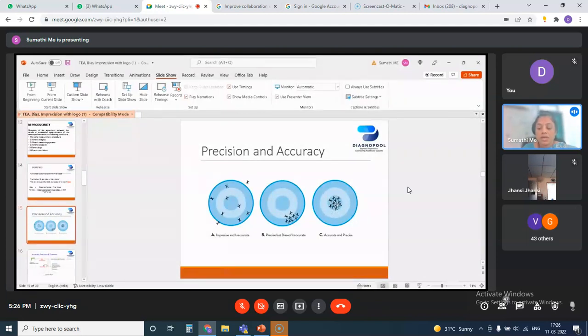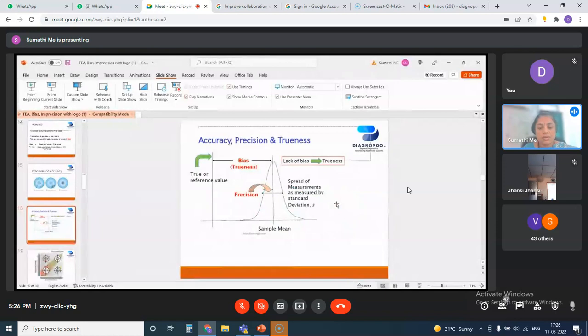So ideally our assay should be like this. Here is another graph which shows your precision and accuracy. This is a Gaussian curve, which we get during the measurement of a large data set in the internal quality control. This is your laboratory mean, the central tendency, which is away from your true value, that is the target value. And this is your bias, the difference between your lab mean and the reference or the target mean. Lesser the bias, more is your accuracy.